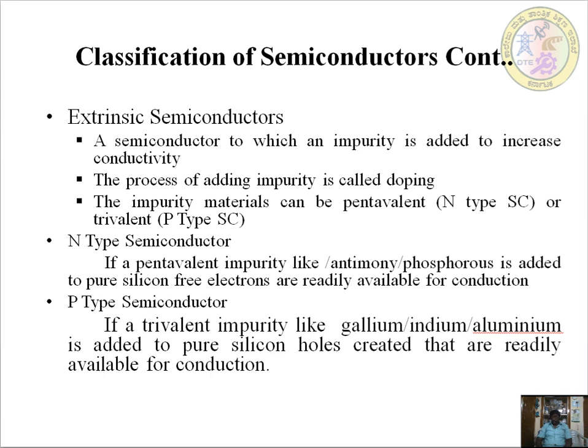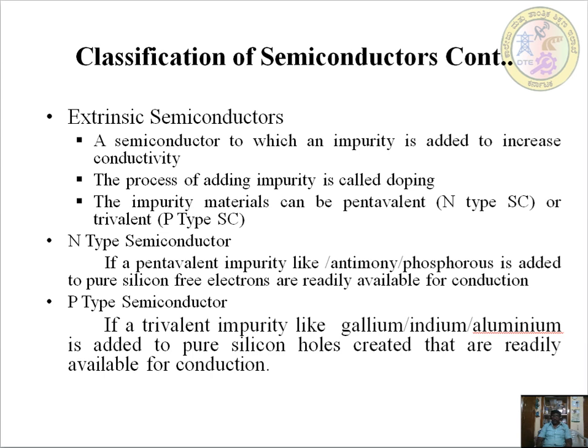So extrinsic semiconductor means we add an impurity to a pure semiconductor to increase the charge carriers. And in an extrinsic semiconductor, without breaking the covalent bonds, we can increase the charge carriers. Okay, next. What is the main difference between intrinsic and extrinsic semiconductors? Intrinsic is of a pure form, but extrinsic is formed by adding a trivalent or a pentavalent impurity.